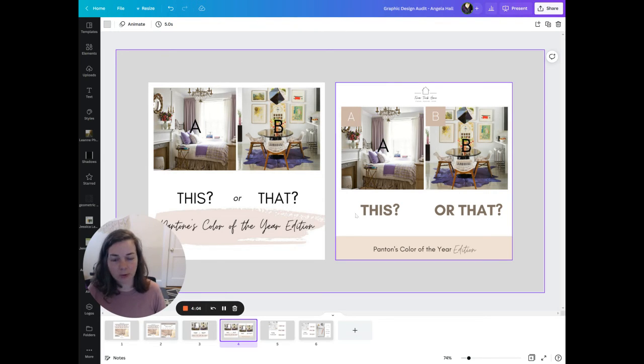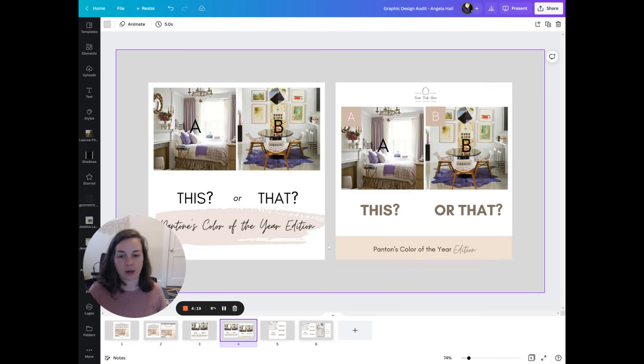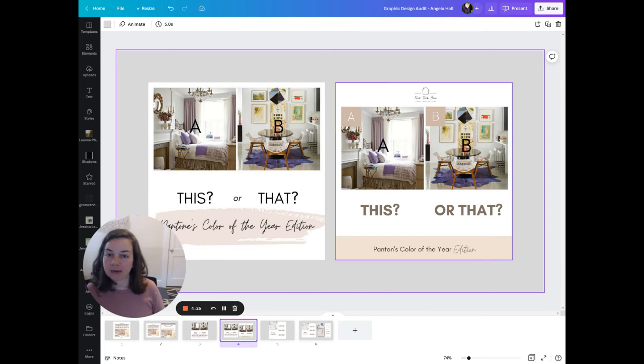And then I also made the words this or that bolder and bigger because that's really the most important text in this graphic. She wants you to be thinking this or that. And then I made the Pantone's Color of the Year edition smaller and on the bottom and on top of a block of color here. So when she does different this or thats of different themes, she can always just use this bottom and tell us,